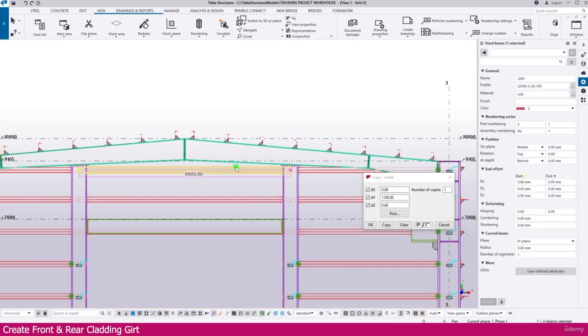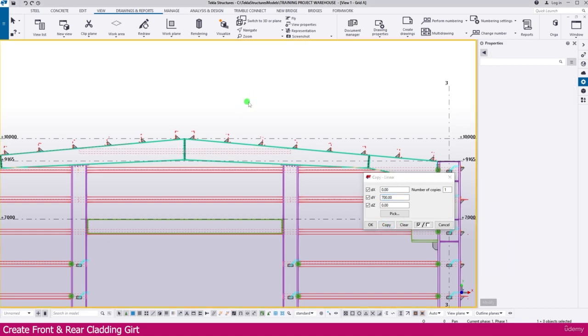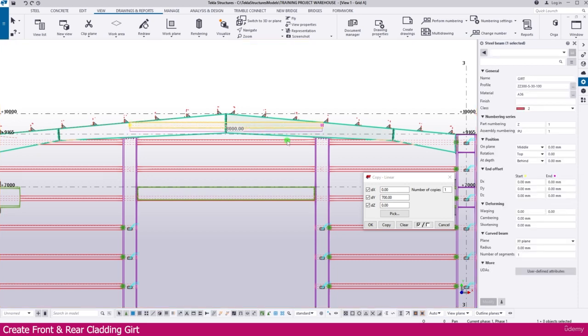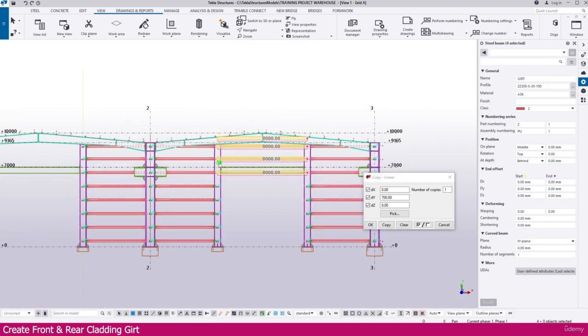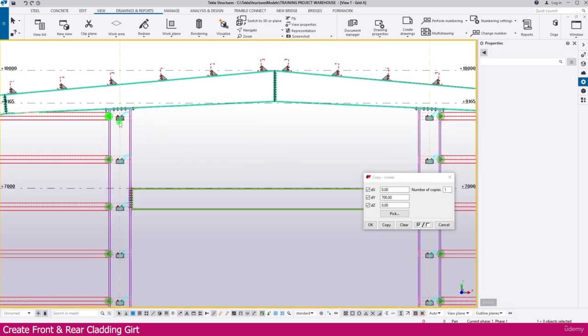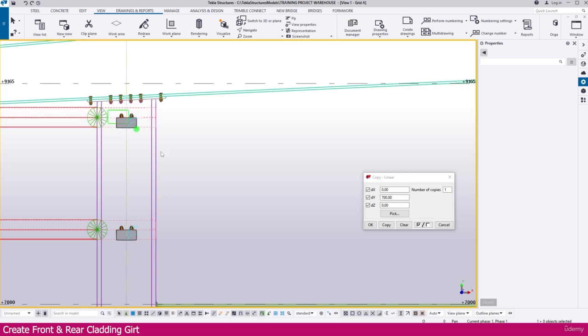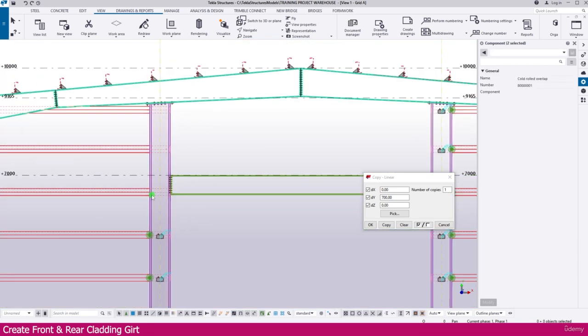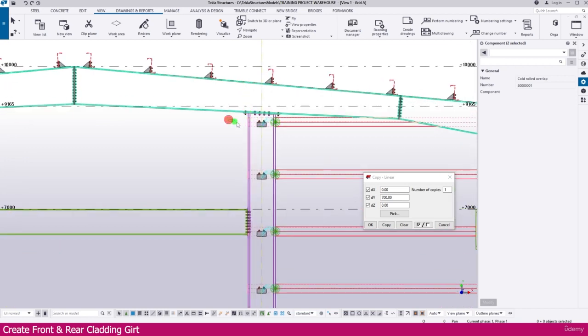Then select this one, make it 700, one quantity, here it is. Just keep as it is. Then press Ctrl, you can select these all the things, you can place it here also. Before that we have to do one more thing, we need to remove these connections. Remove this connection,